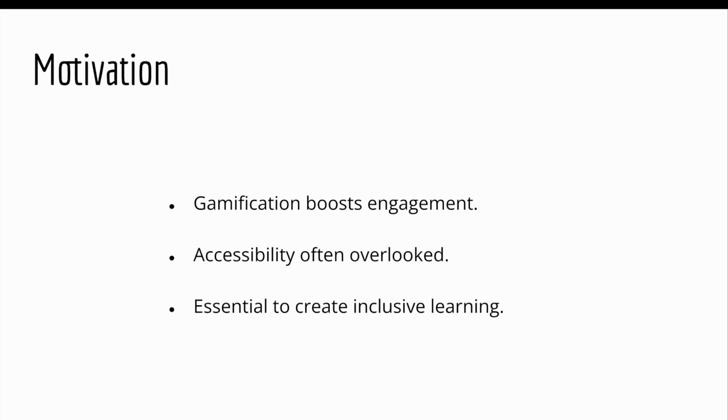Gamification has changed how we approach education, making learning more interactive and fun. However, while engagement is prioritized, accessibility often remains an afterthought. Many students, especially those with disabilities, find gamified platforms difficult or impossible to navigate. This creates an unnecessary barrier to learning. My motivation for this project was to explore these gaps and identify how gamified systems can be made more inclusive